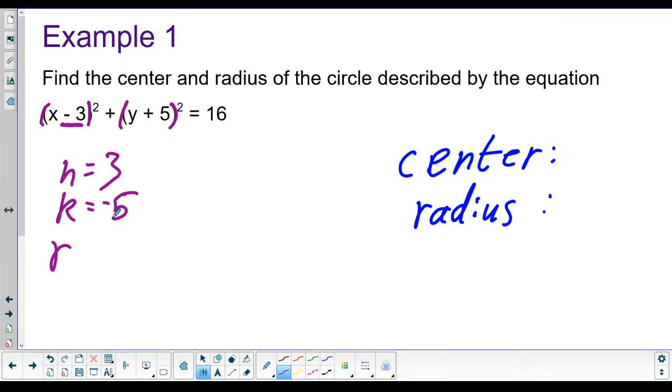And these two numbers tell us the location of our center. It's at h comma k. Good mathematicians don't say comma, but I'm not a good mathematician. So it's going to be at 3,